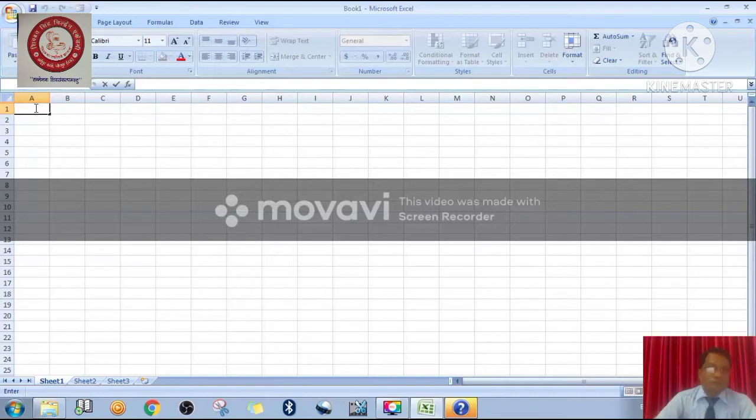Now students, if you want to move to the next cell, then you have to press the tab key. See, right now I am pressing the tab key, it will go to the next cell in the row.